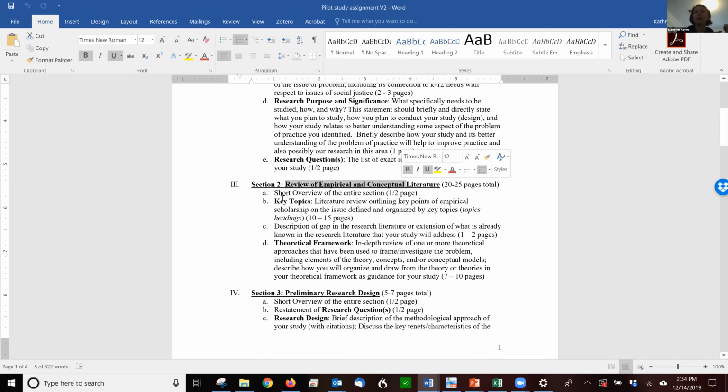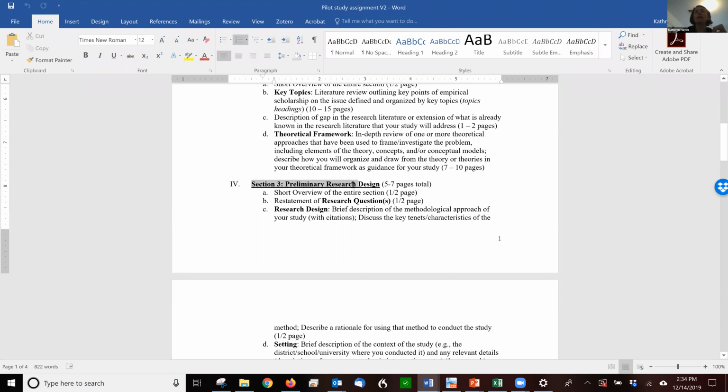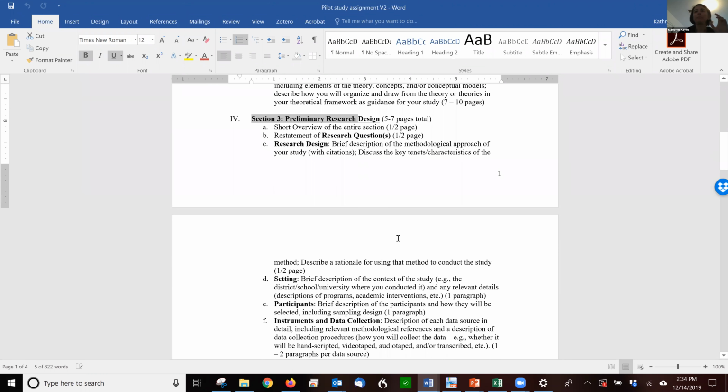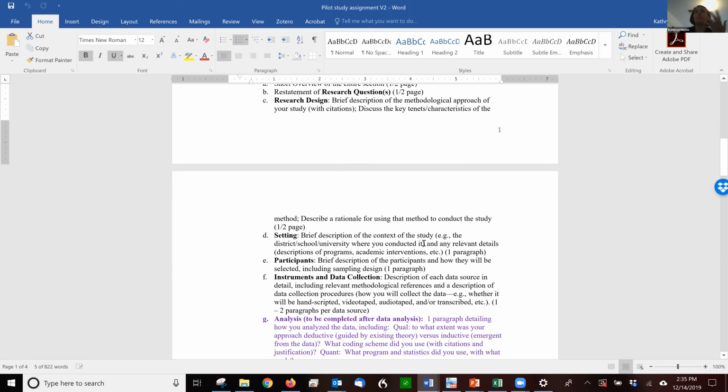The review of empirical and conceptual literature, same sort of thing. You've got your lit review, your theoretical framework. Those are going to be the same for the pilot study and for the Qual 2. And your research design is also going to be the same, with one exception: as you finish up your pilot study, you're going to revise some of your research design. So it's in past tense,